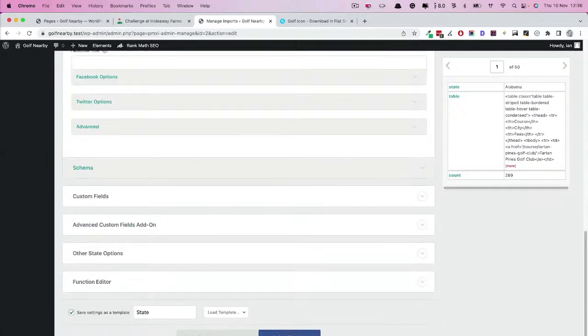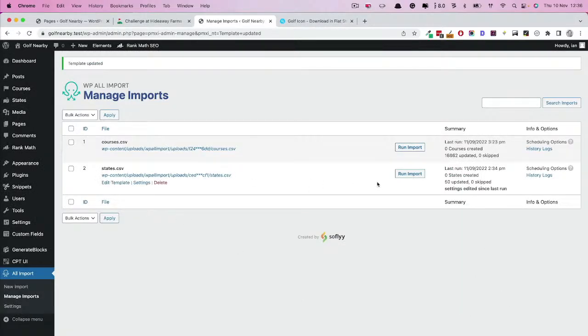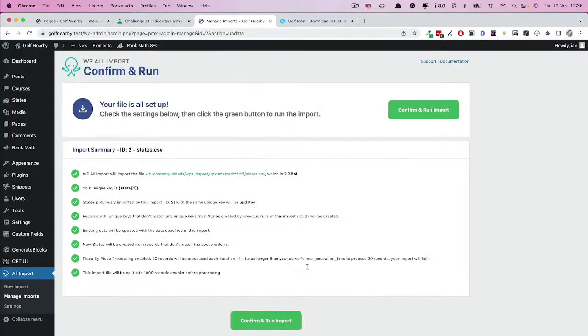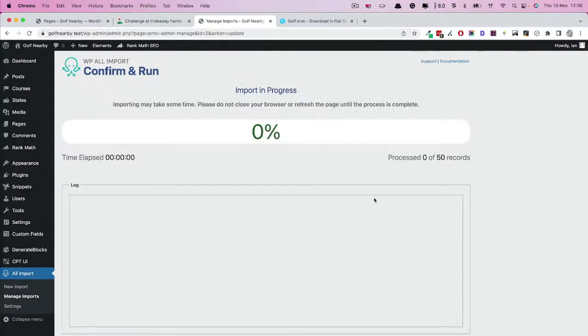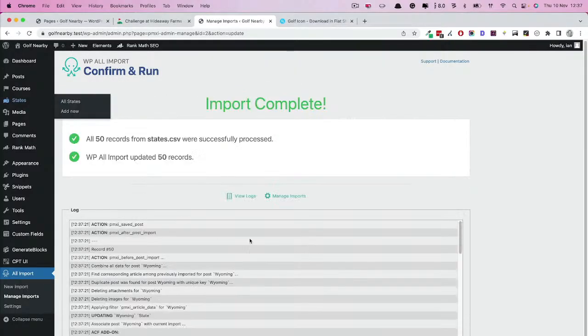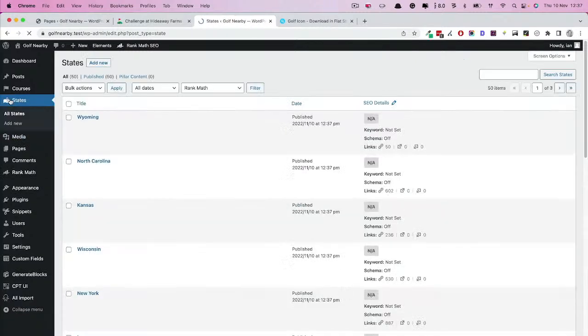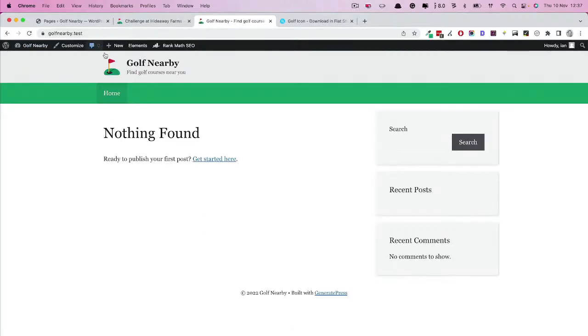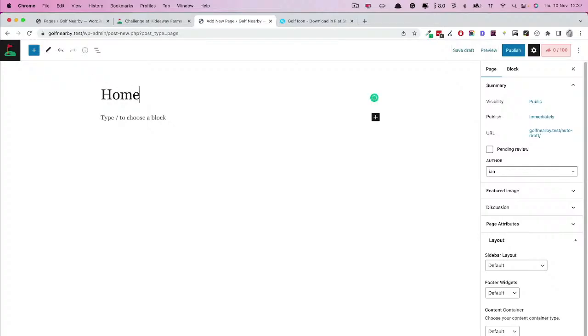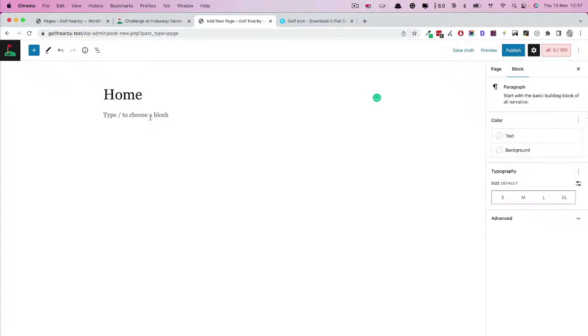So I'll save the settings on the template there and then rerun the import. I'll skip this. Okay, that's done. So now all of our states are just the state name. So when I create the home page, it will be a bit cleaner. So first of all, we'll go to a new page. We'll call it home. And we need to do the same thing as we did with the state page sidebar,